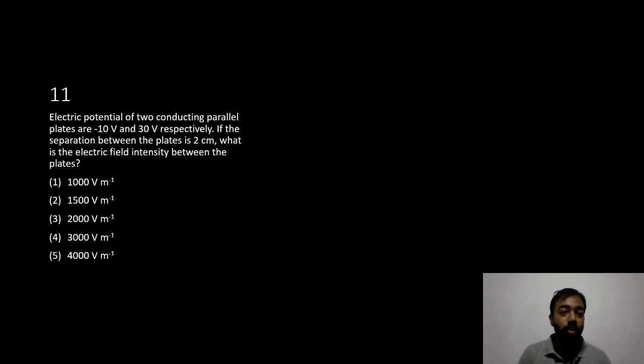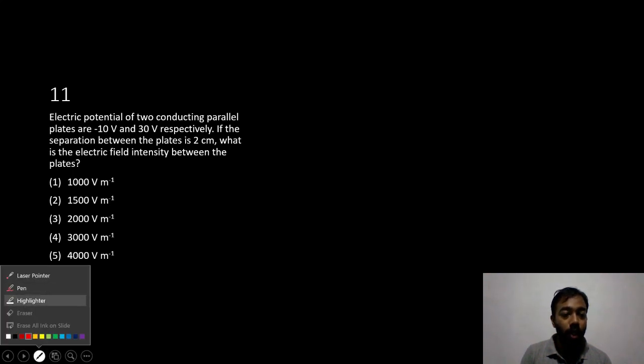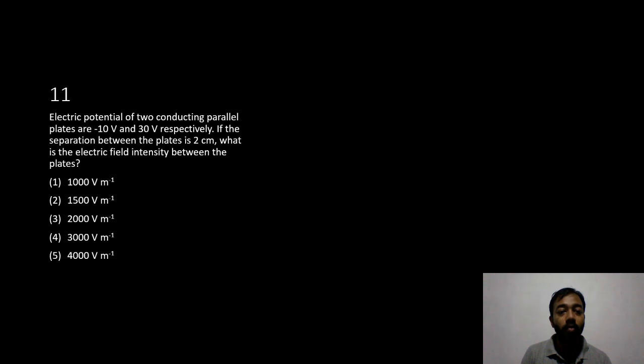Question number 11. Electric potential of two conducting parallel plates are minus 10 volts and 30 volts respectively. If the separation between the plates is 2 centimeters, what is the electric field intensity between the plates? So there are two parallel plates like this,